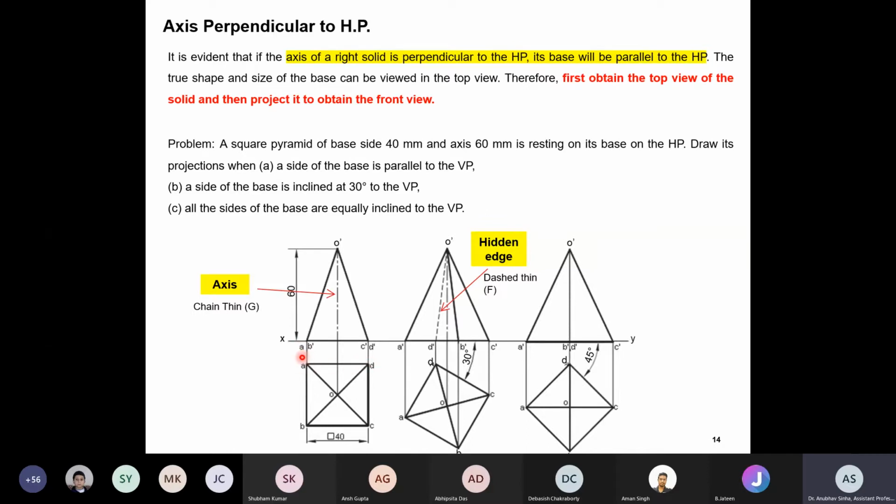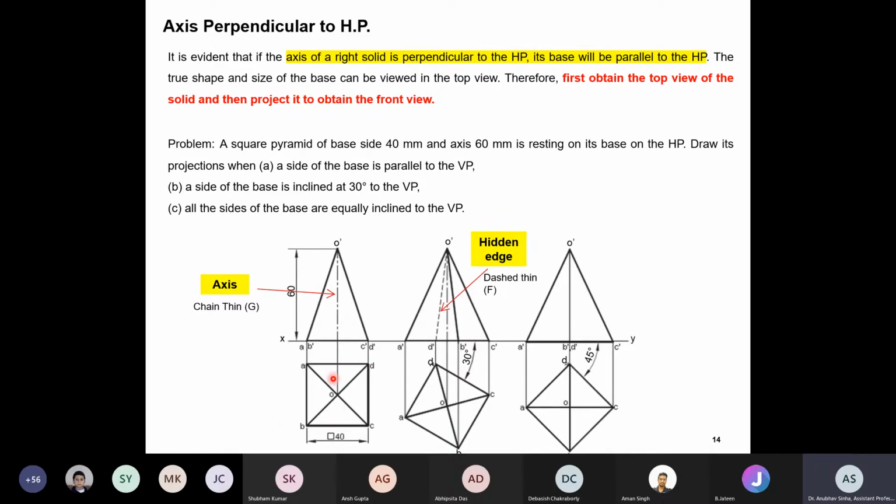Generally in questions, this distance will also be given, but just to keep it simple, I have not included that. So let us say I want to draw a square pyramid with a side given, whose one side of the base is parallel to the vertical plane. So it is just a square pyramid. First you will draw this square. You know the dimensions. So make a square and then make these diagonals. These correspond to the edges of the pyramid, what we have seen in the last slide, right? So make a square ABCD, make the edges.